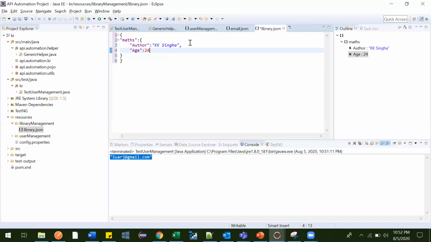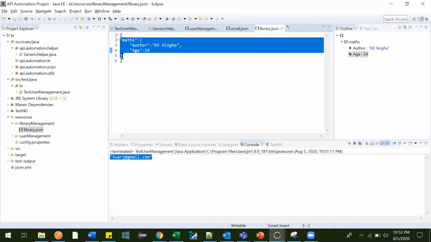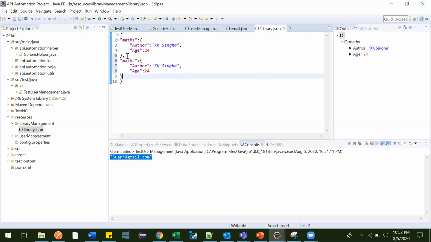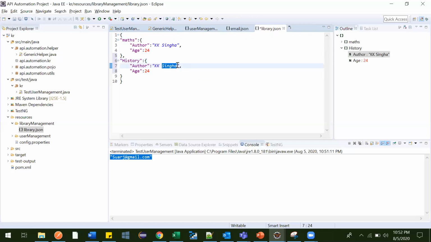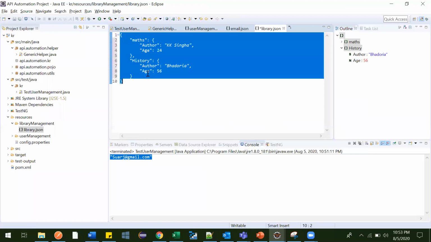Perfect. Now likewise, after maths, we can put one for history, and the author is Bhadoria. Likewise, age is 56. See, we have created one more.